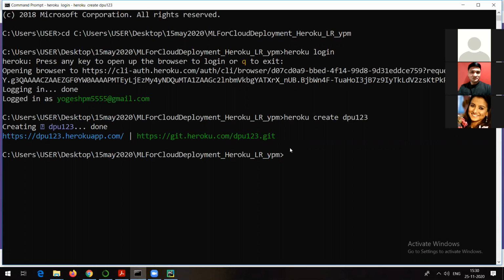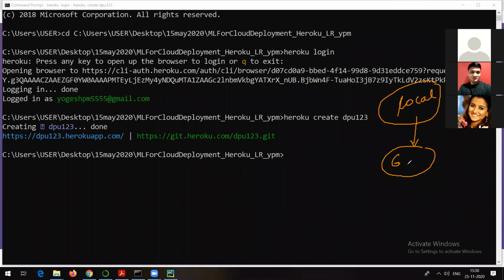The third step is, whenever I say that we are going to deploy our model onto the cloud, right now my model is on my local machine. From this local machine, I am going to put the necessary files onto some repository. In this case, I am going to make use of a repository called Git.